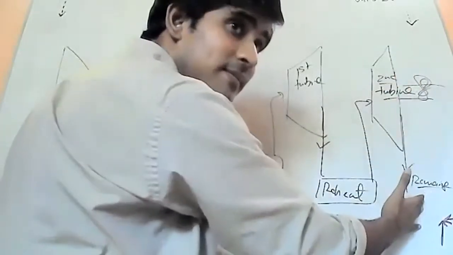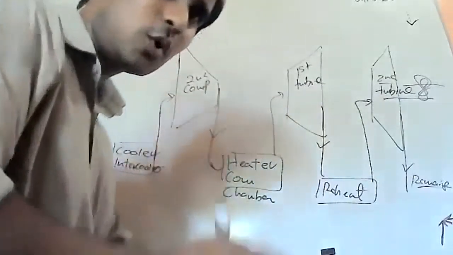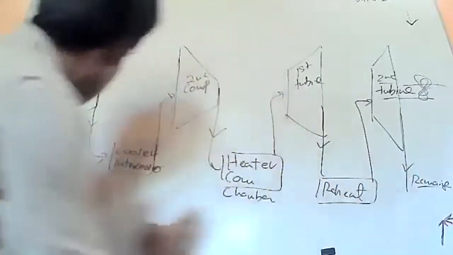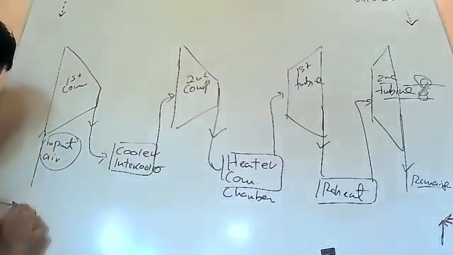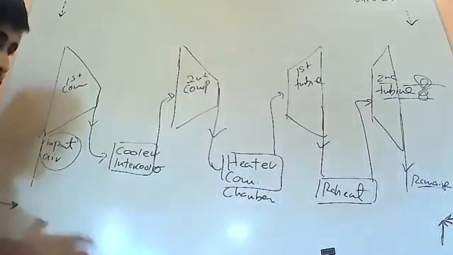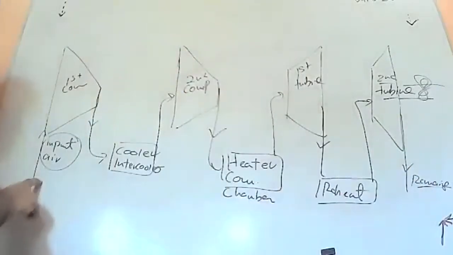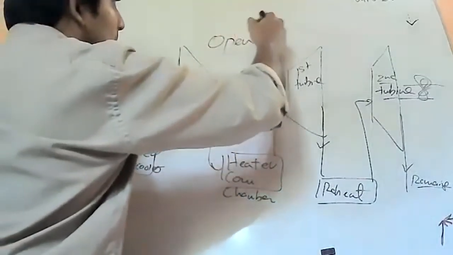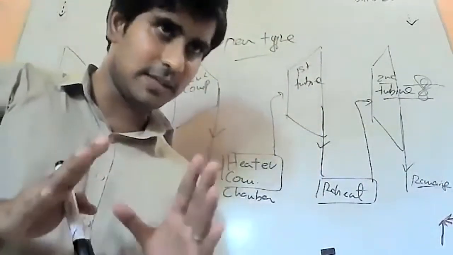So here, the remaining content, right? And the reason why we are going to call this open type is that there is no interconnection between this output and this air input, because here I told you we are going to give air input to the compressor. This is the first input, right? So there is no interconnection between this remaining output and this air input. That is why we call this open type. Okay, so this is simply the plant circuit.